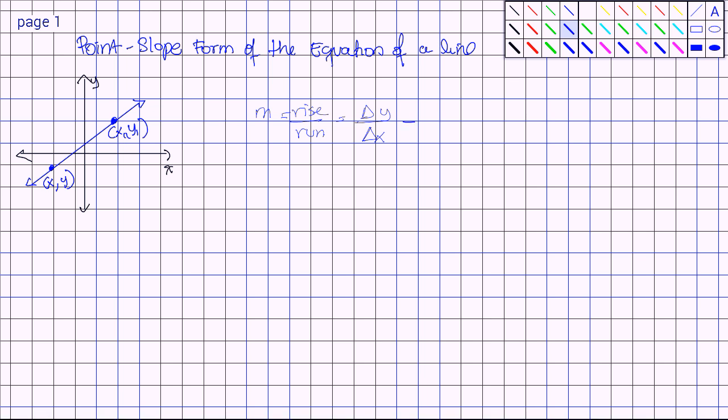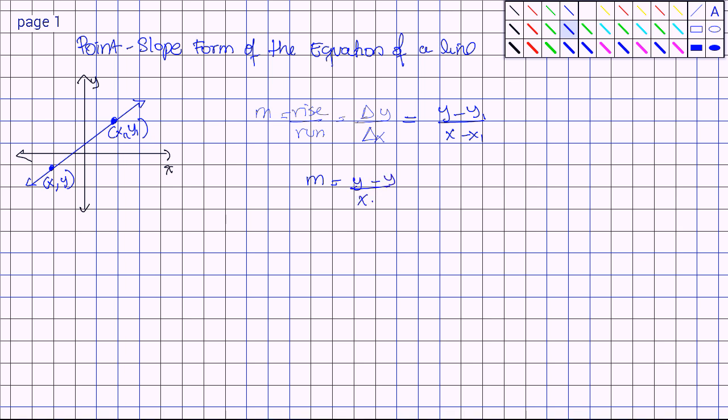So we can say that the slope is y minus y1 over x minus x1. Using the formula for the slope, we can derive the point-slope form. So what we're going to do is rewrite this as y minus y1 over